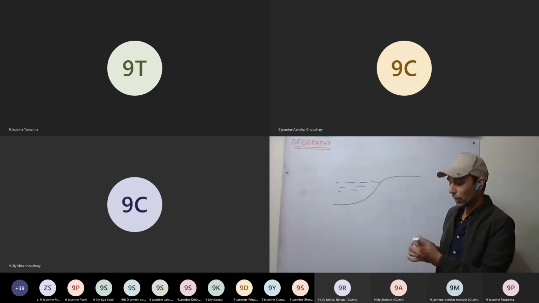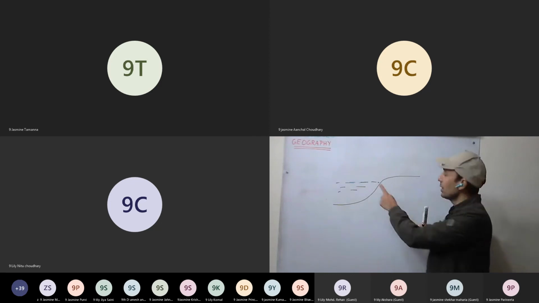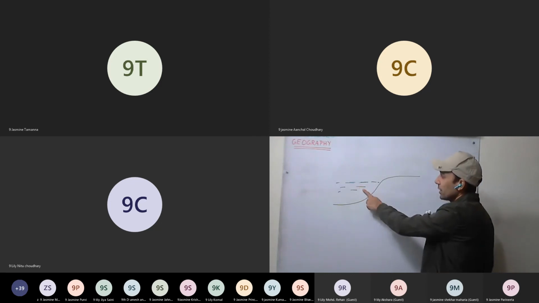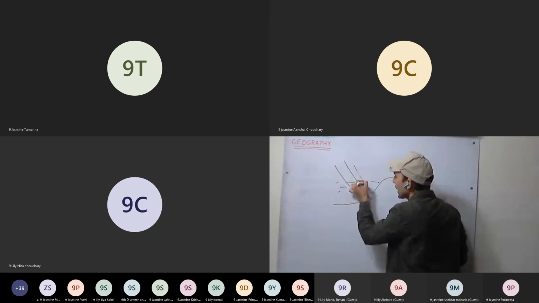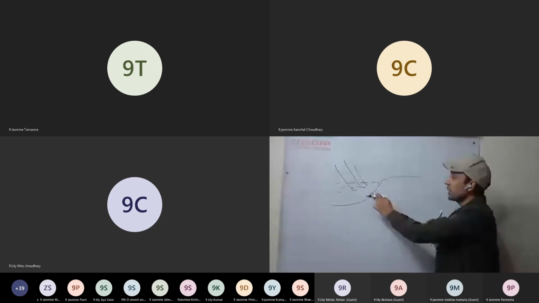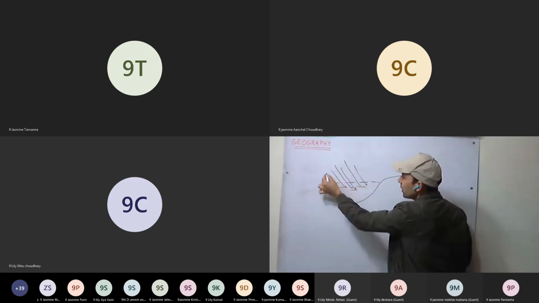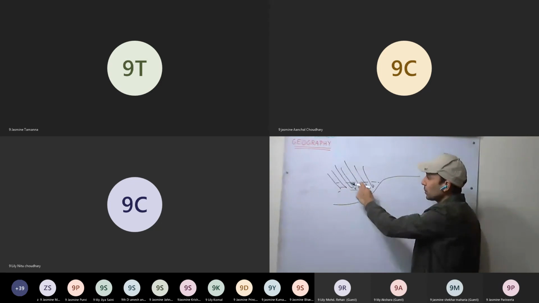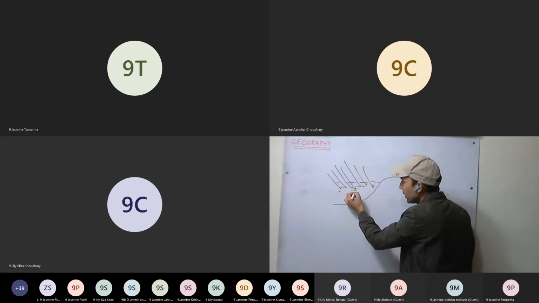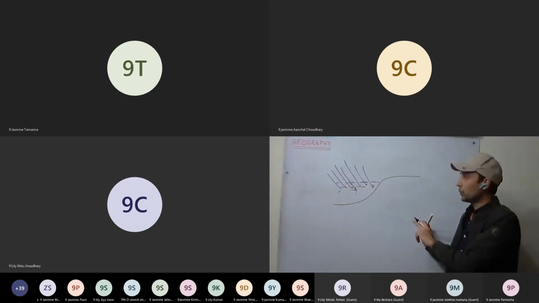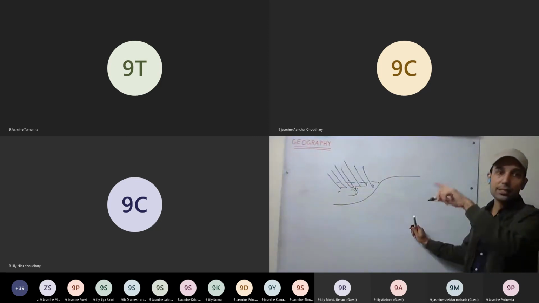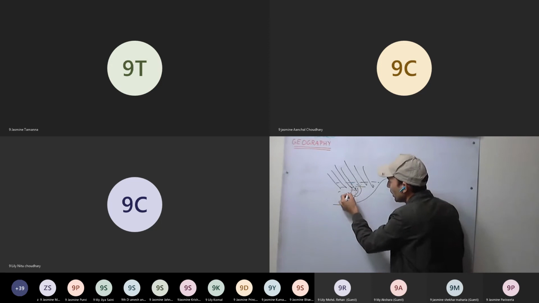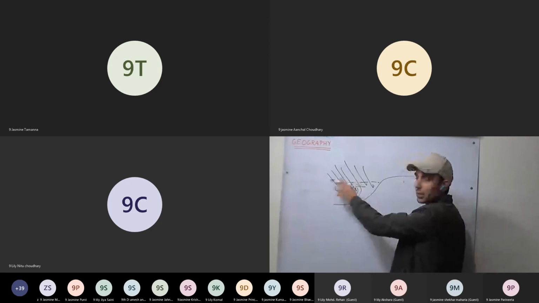This is clear. So what happens? First, the specific heat capacity is different. The sea has more specific heat as compared to the land. And second, sun rays can penetrate more into the water. Water being a transparent medium, sun rays can penetrate to more depth. So the heating gets distributed in water, and since water is mobile, it's a fluid, there are convection currents and heat gets distributed.